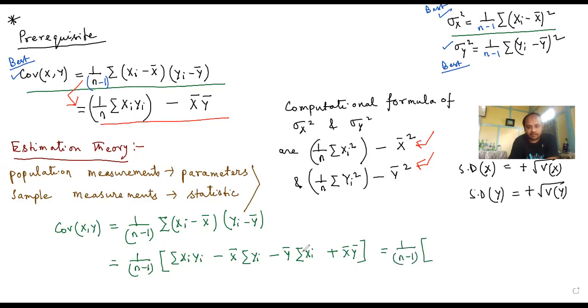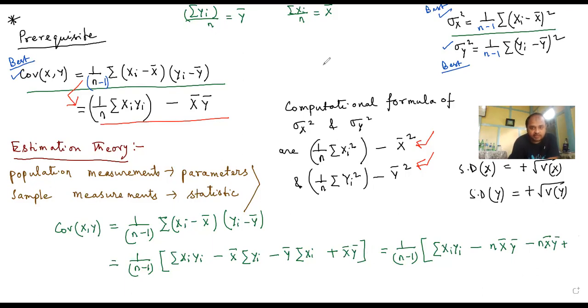Let us keep summation xi yi as it is. Now summation yi by n is equal to y bar, so summation yi can be written as n y bar. Similarly, summation xi by n is x bar, so we can write n x bar y bar plus